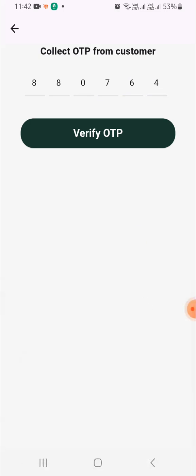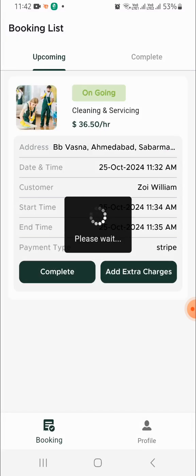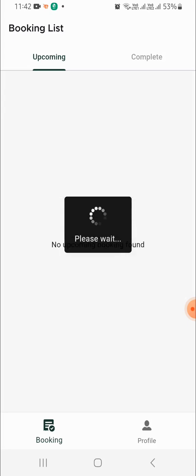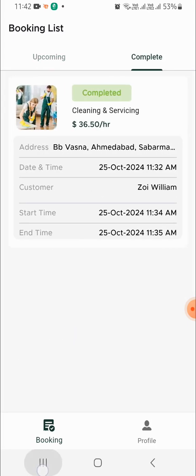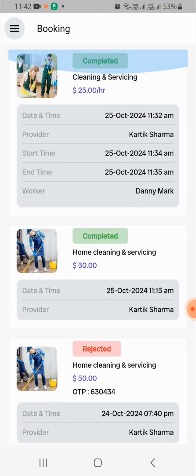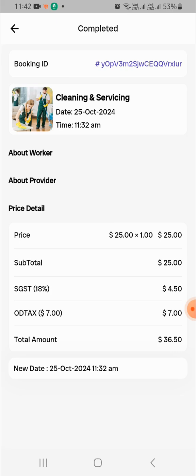Click on the verify OTP button. So this booking is completed successfully. Here you can see the status is updated from ongoing to completed.